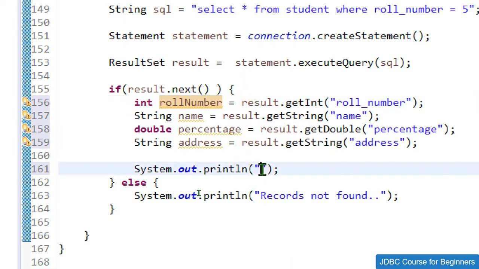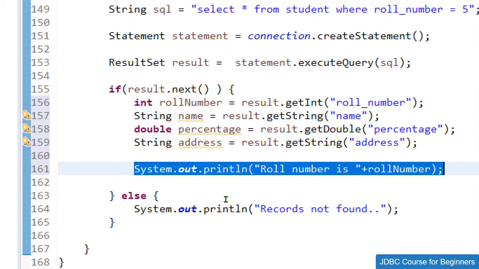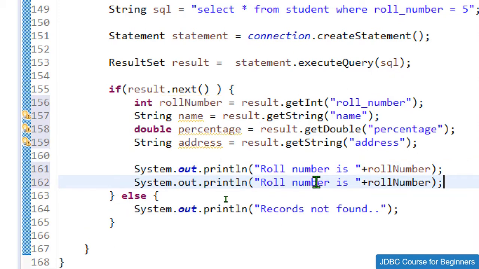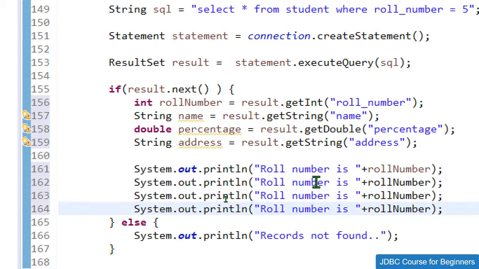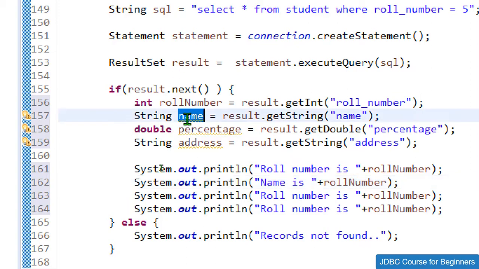So let me give these messages to the user so that we can show all the values which these variables contain. So roll number is plus roll number, like this. Then again, let me just copy the first message itself, paste it 3 more times, and change it: name is, which is stored into the name variable.